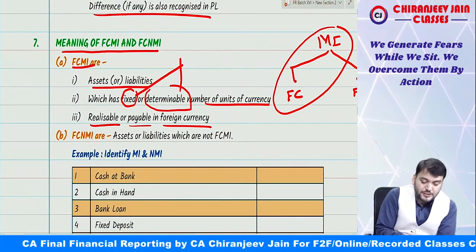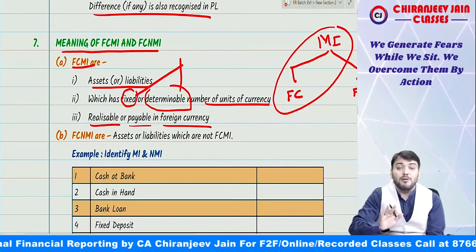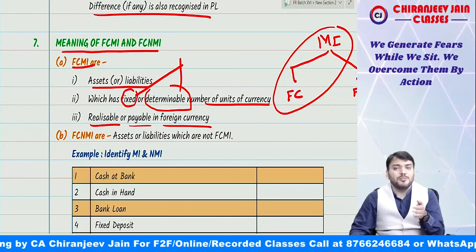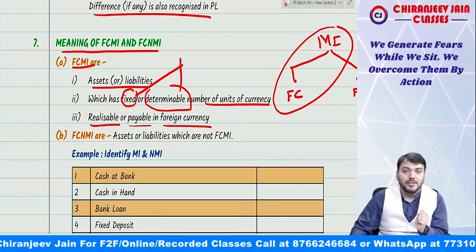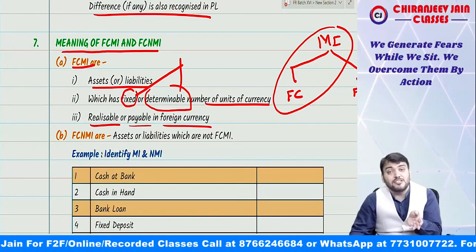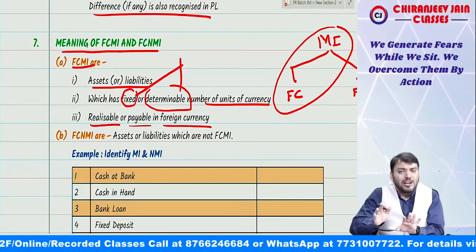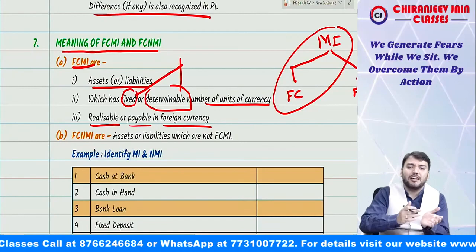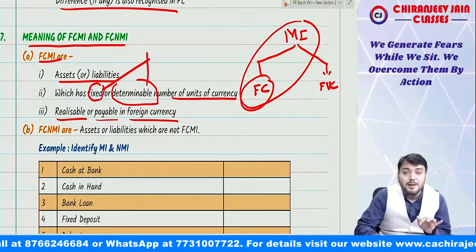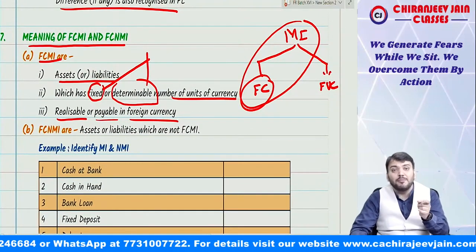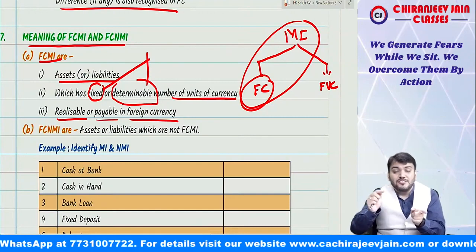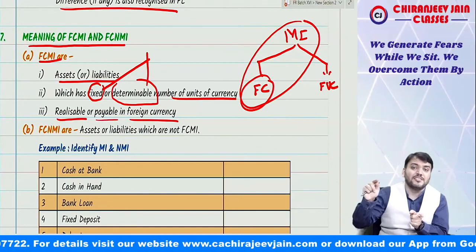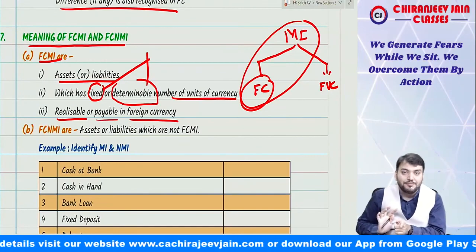Therefore, the topic is FCMI. So we are not discussing functional currency monetary item. For example, you have done some credit sales in the domestic market as well as the foreign market. Whenever there is a domestic debtor, we are not translating it. Domestic debtor will be recognized in functional currency only, but a foreign debtor, because the transaction is done in foreign currency, requires translation of foreign currency into functional currency.